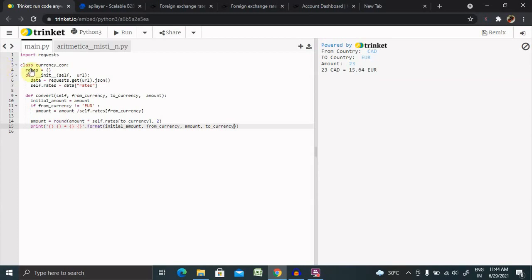Now both the round brackets are closed. Let's do it for the driver code which is going to drive here.